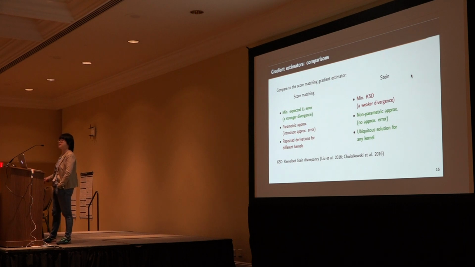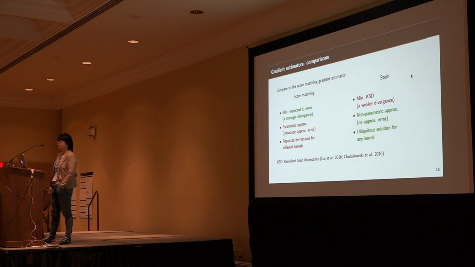you will see that we are only estimating the function value at the samples we are interested in, which means this is a non-parametric estimator. So combining the strength of the divergence with the parametric approximation, at least right now it's hard for me to tell which one will be a better gradient estimator in general. However, there is actually a very good